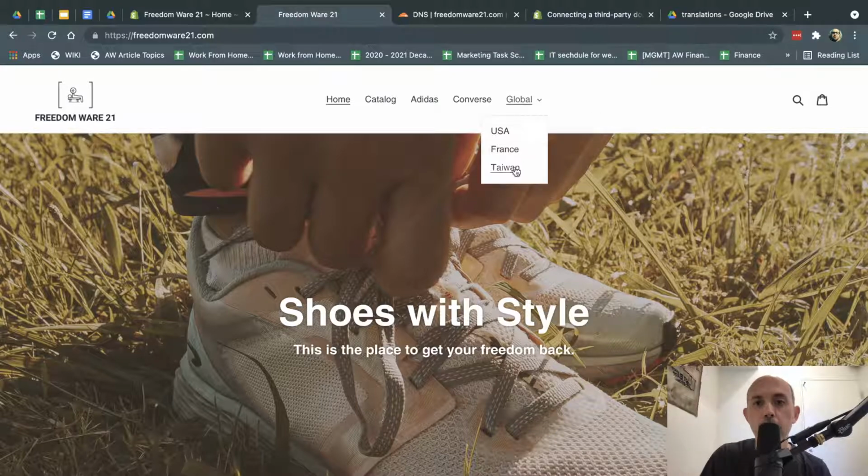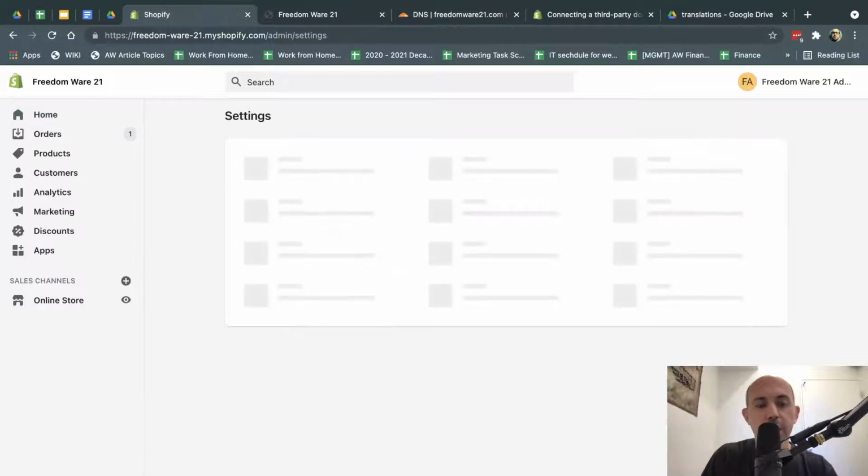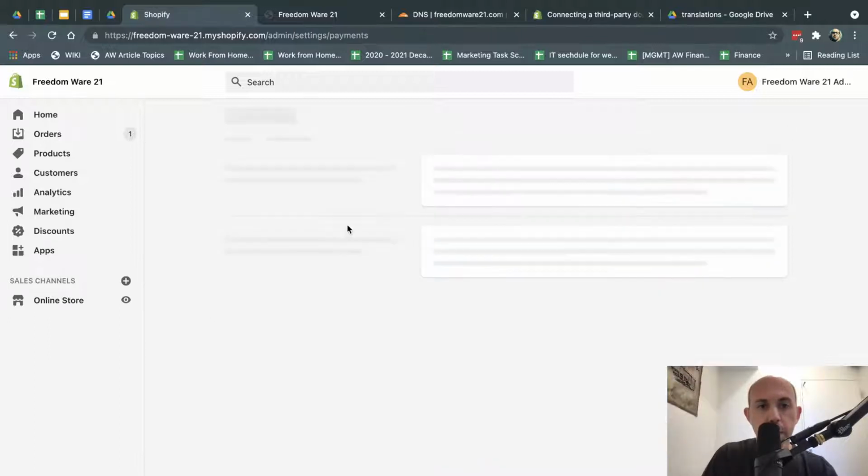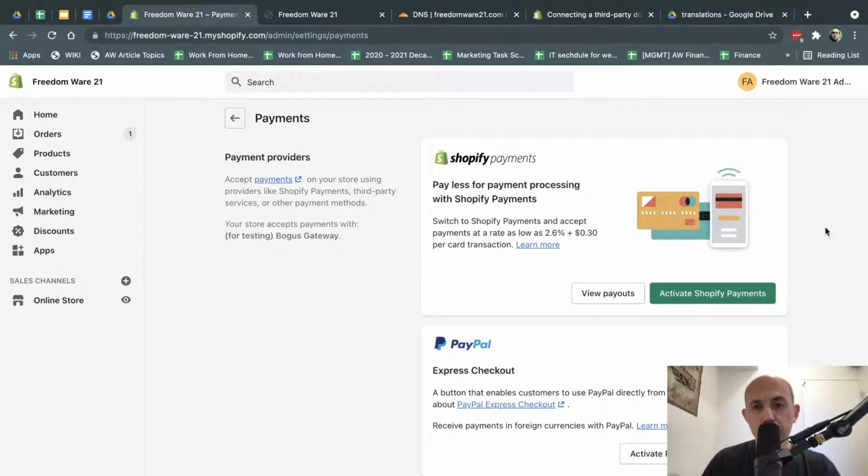So first of all, we have 3 countries. The first thing we want to do is go to the backend right here and go to Settings. Assuming you don't have all of the countries yet, go to Payments and then to your payment gateway. In order to support different currencies, you have to use Shopify Payments or a specific payment provider that supports multiple currencies. Right now, Shopify Payments is the easy one. You'd activate it, or if it's activated, click on Manage here.